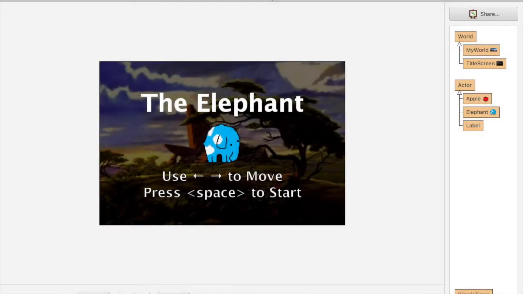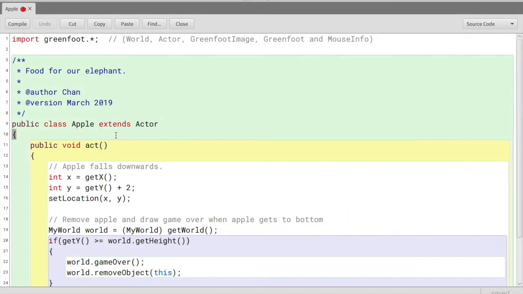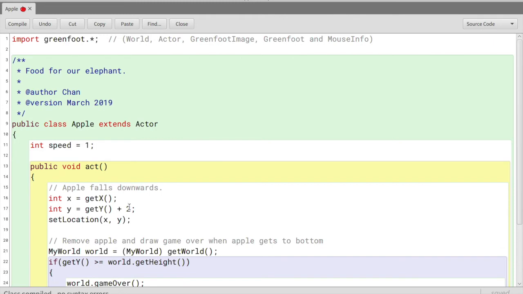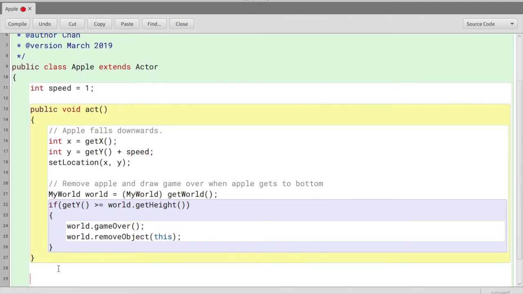To make our game more fun and challenging, I'm going to include code to make our game more difficult over time. Here's what our elephant game title screen looks like right now. We've added a background image and moved the labels and repositioned text. Inside our Apple class, I'm going to include a new instance variable called speed, and I make it equal to 1. And where we have our apple falling, before it was +2, I'm going to add the plus speed variable